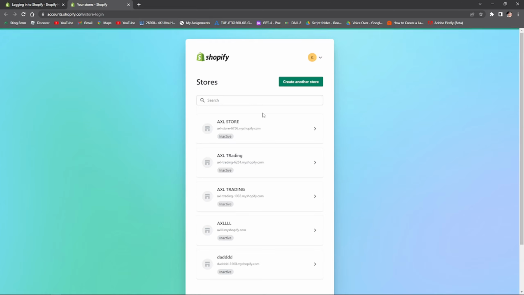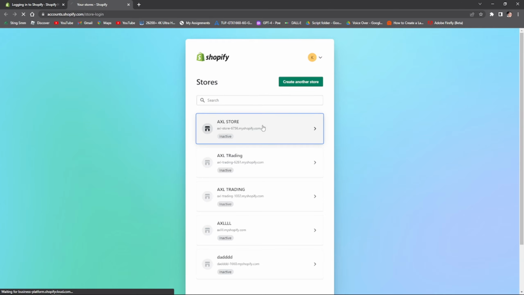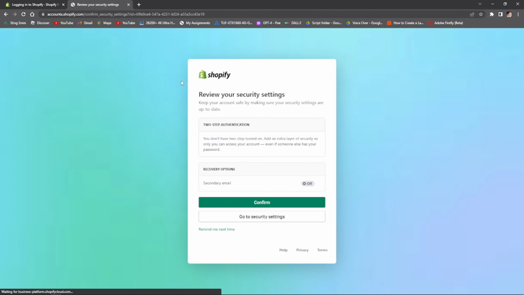So right there, we're gonna go to our store. Click this one right here. Confirm. Open up our account. So the first thing you have to do is go to your Shopify, navigate to apps, and then